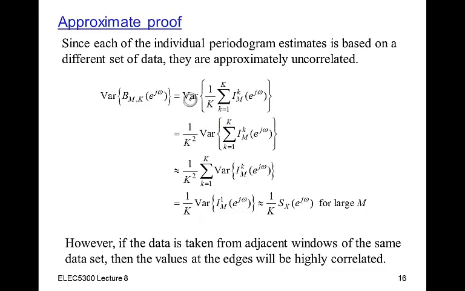Again, I can move the variance inside here if they are approximately uncorrelated, but when I move the variance inside here, because it's a square statistic, I have to square this scaling factor, so I get a 1 over k squared of the variance of this. If these are approximately uncorrelated, I can move the variance inside here because the variance of the sum is the sum of the variances. All of these guys are the same. They approximately equal, asymptotically as m goes to infinity,